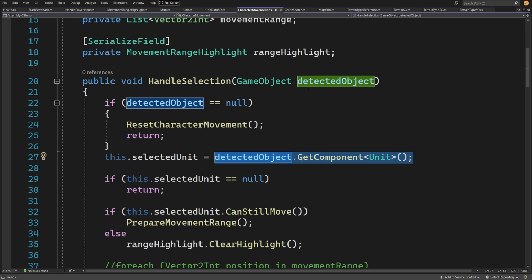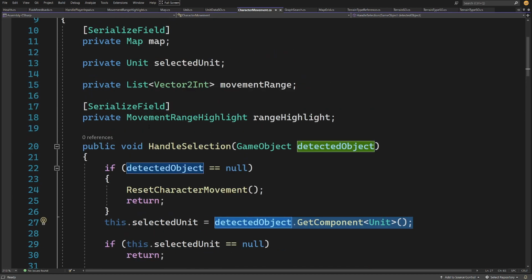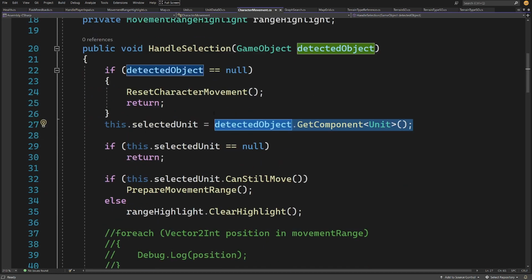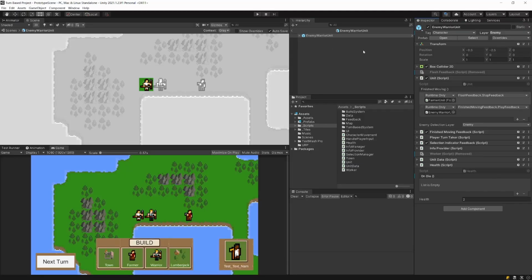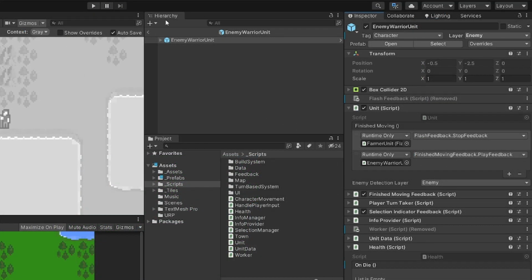So what we are going to do is we are going to ensure that when we select our object for the movement, so our unit for the movement, we are going to also check if this is the enemy or not, and we are going to keep this unit script on all of our agents. So let's go back to Unity, and to ensure that we can do this, I'm going to select the enemy